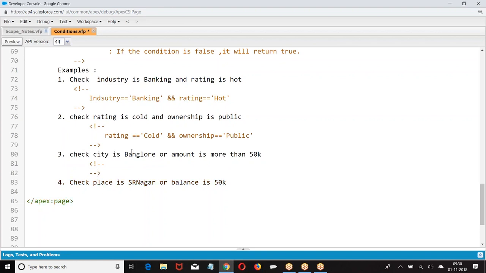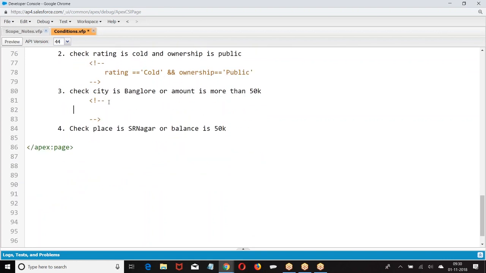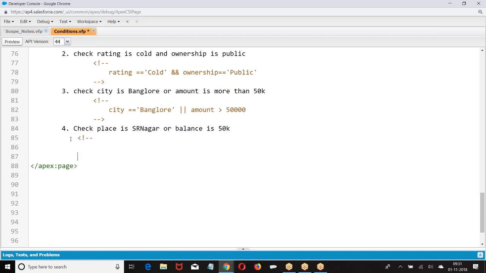We have Bangalore, then we have place is Sanagar, balance is 50.